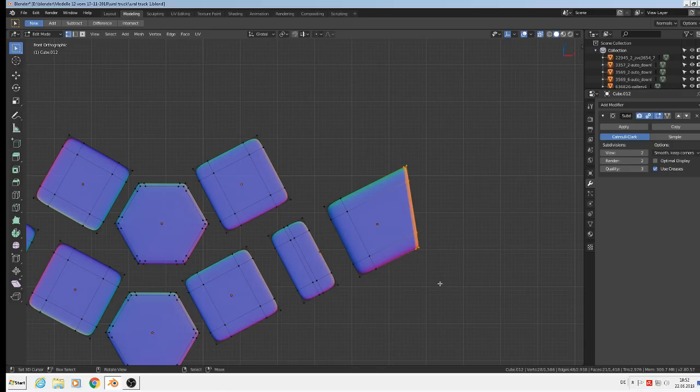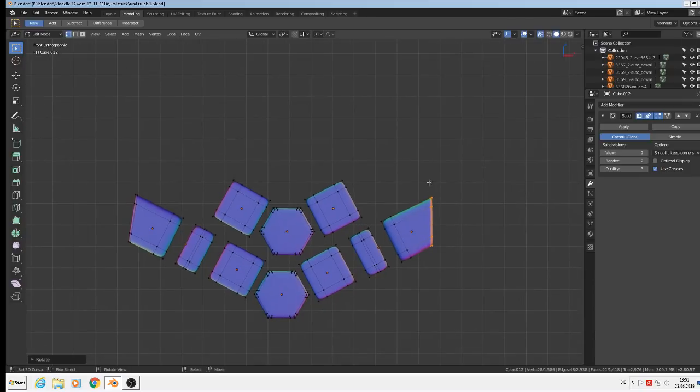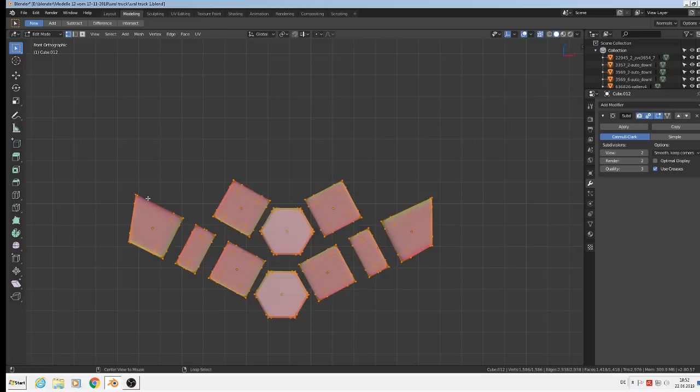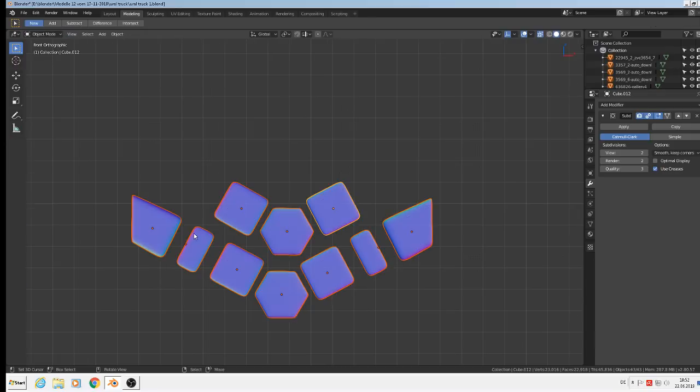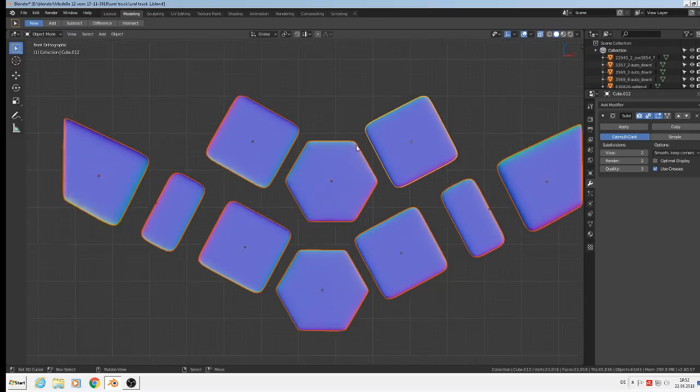C circle selection, rotate, and bring it to a straight line. Then it fits with the side of the wheel later better. Alt A to deselect, C rotate, done. That is our thing we want to